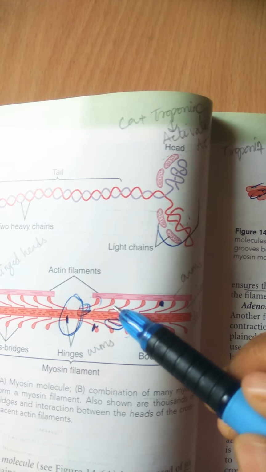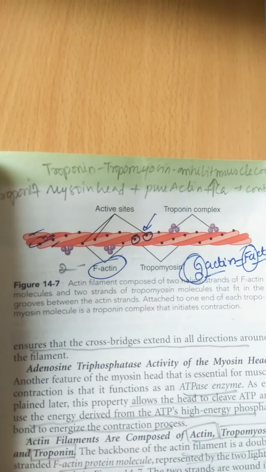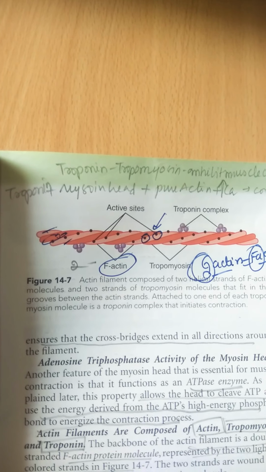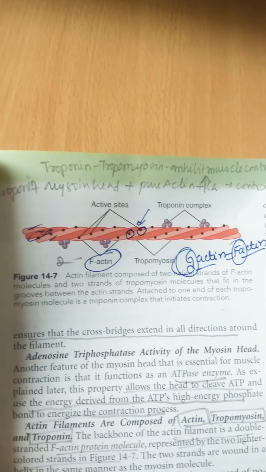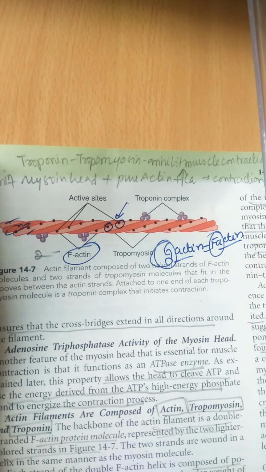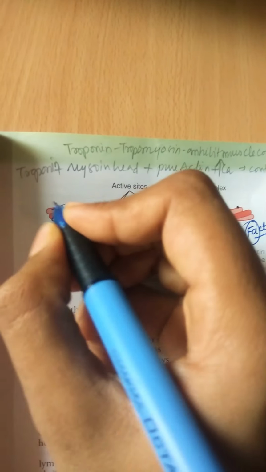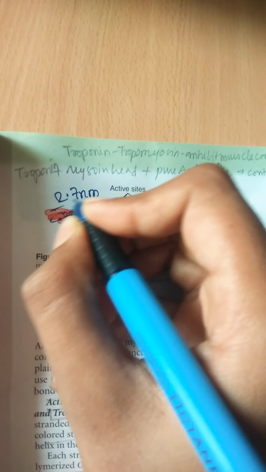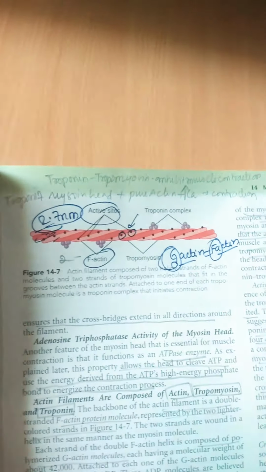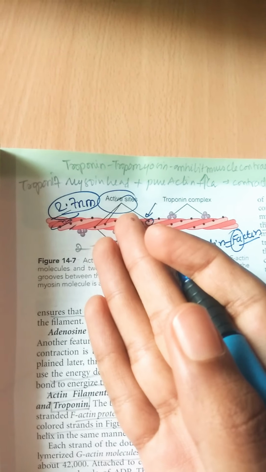Where it interacts now, this myosin head attached to the active site on an actin filament. So this is an important point to understand. Next, the active sites on the two actin strands of the double helix are staggered, giving one active site on the overall actin filament about every 2.7 nanometers. This is very important: for every 2.7 nanometers we have one active site. This means they are not immediately adjacent; there are active sites present on actin only every 2.7 nanometers.